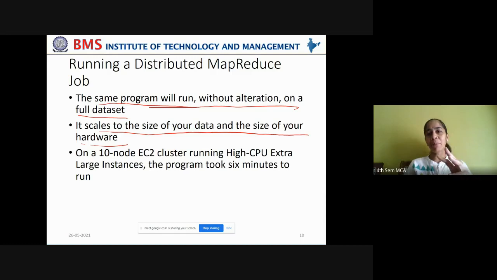Same Java program, same mapper class, same reducer class, same packing of the job. This entire Java code can be scaled onto a HDFS cluster without any alteration, which can run on the entire NCDC dataset. It scales to the size of your dataset and the size of your hardware also. On a 10 node Elastic Compute Cloud cluster, EC2 cluster, running high CPU extra large instances, maximum capability of these clusters, the program to process this entire NCDC data of 100 years